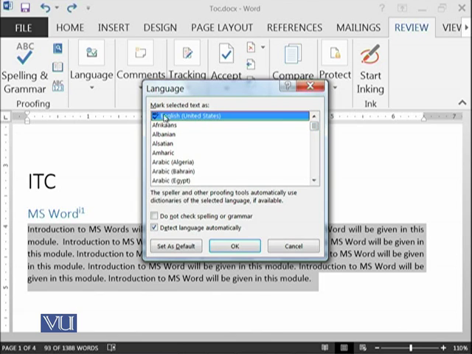At the moment you are seeing that English from the United States version has been selected. This means your spelling and grammar options will be checking the language of your document based on English United States.